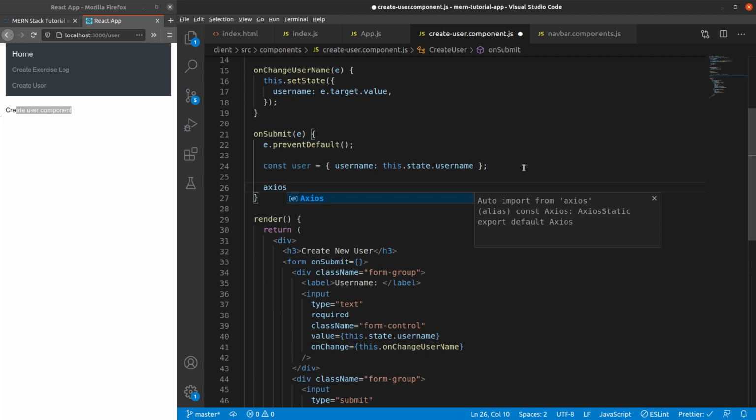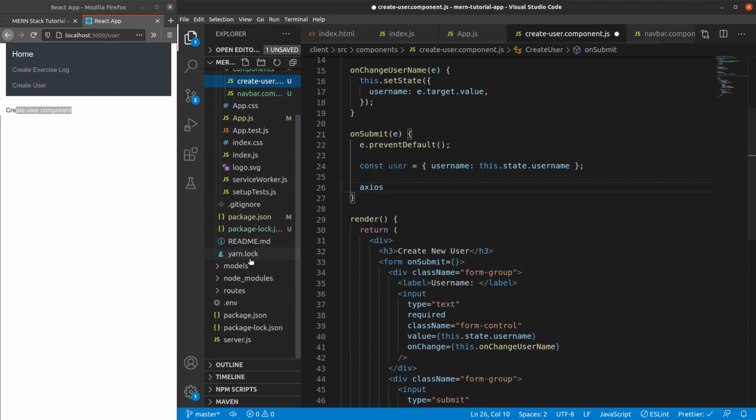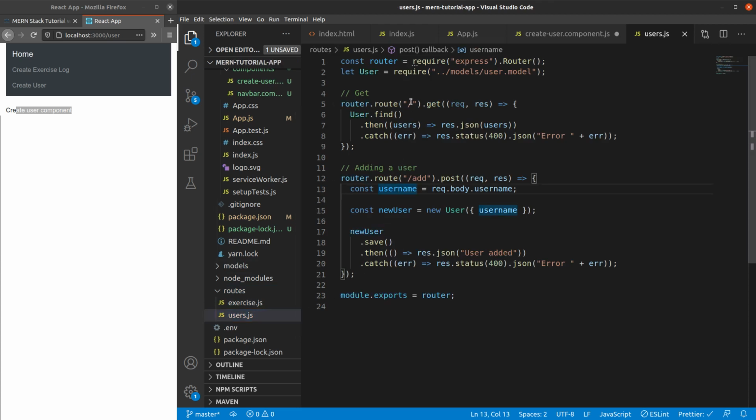For that you have to make use of Axios, which is going to help us with all the post, get, delete, and other operations. If you remember, our create user is a post request. Let's go back to the routes and check for the user. As you can see here, the user add request is a post request.